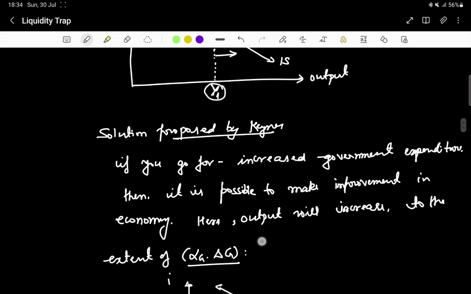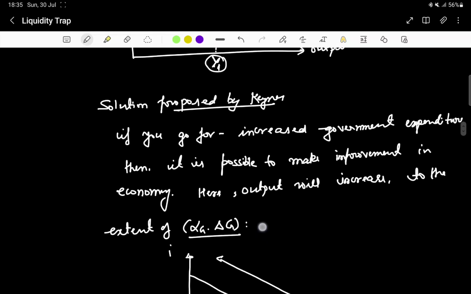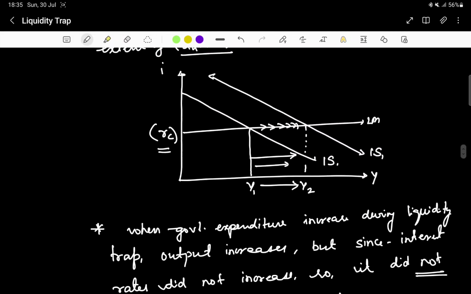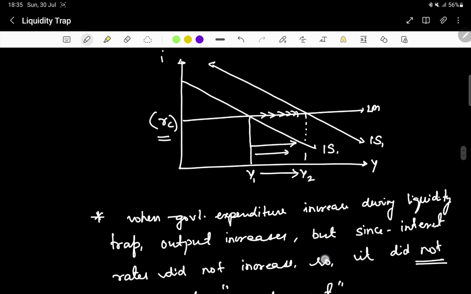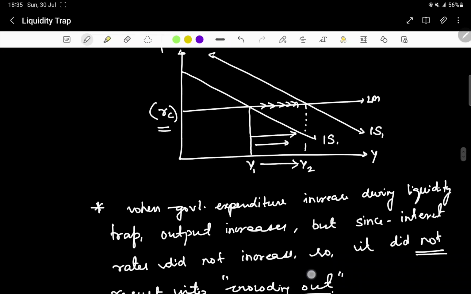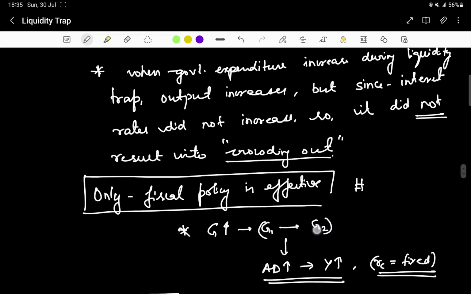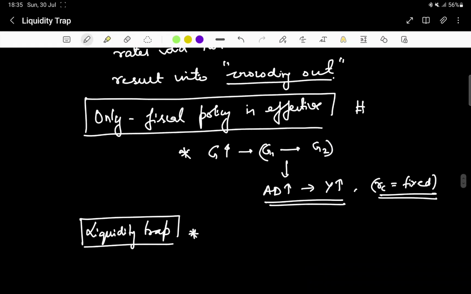So the second step of the transmission effect could not work as the very first stage could not take place. So you can very well show that IS curve policies, that is government policies, are fully effective in combating the liquidity trap, and they are even non-crowding out. So you can remember it,